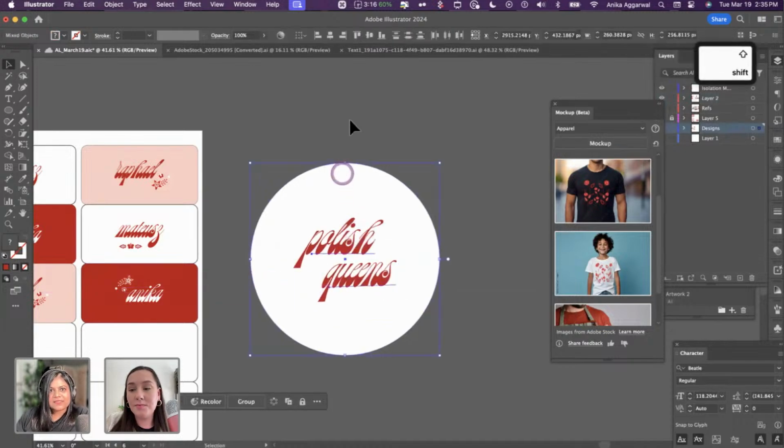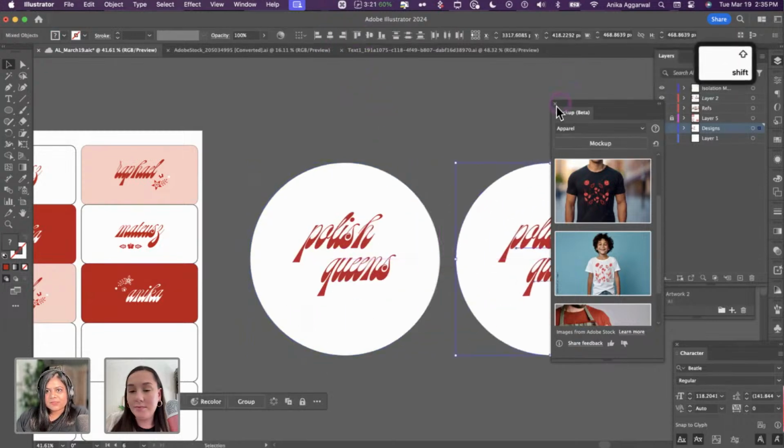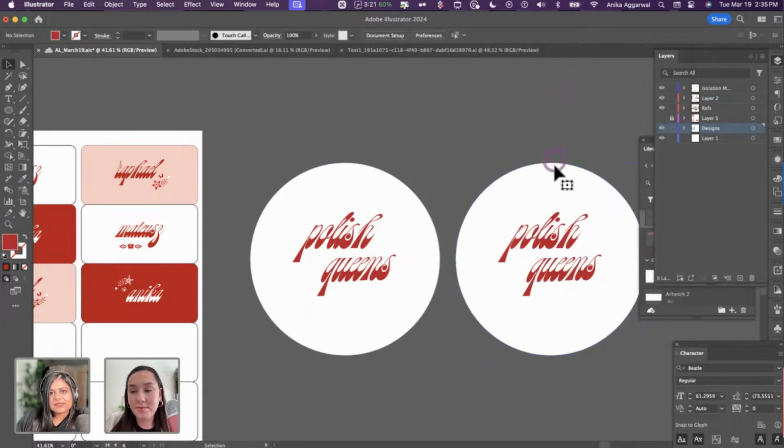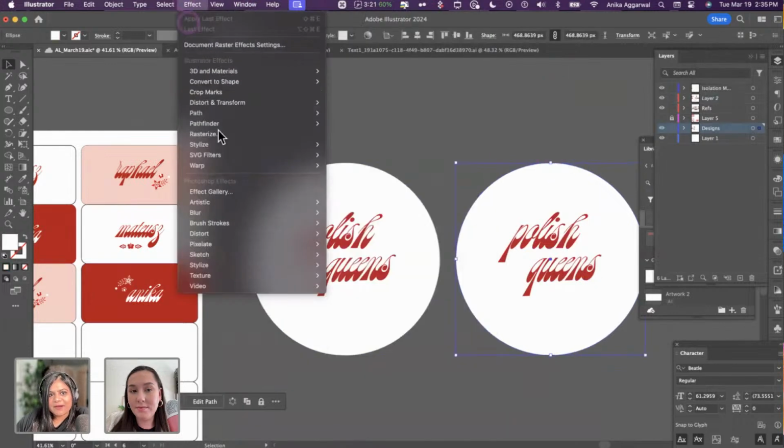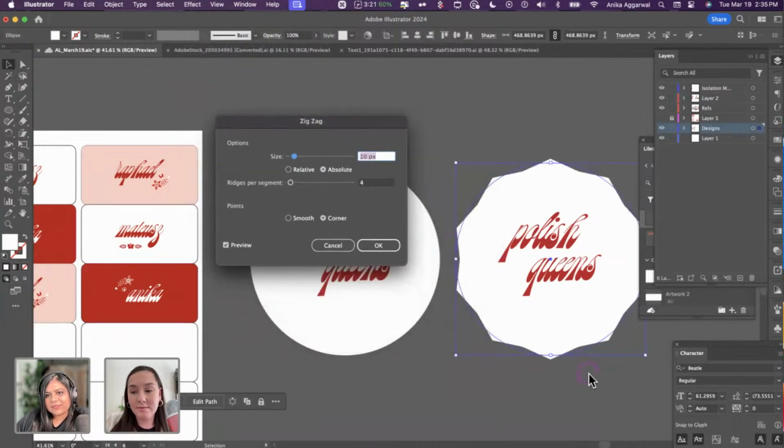And I group it. And this can be like a coaster design or anything like that. But I do want to showcase, I'm going to close this tab here, this fun thing that I always do with effects. If you go to effects and you go to distort and transform, there's a zigzag tool. It gives that really fun personality again, with the pointed things that we saw in Bar Mlenchka with our inspiration, which is Milk Bar. With the type there, I think this is really reminiscent of that.